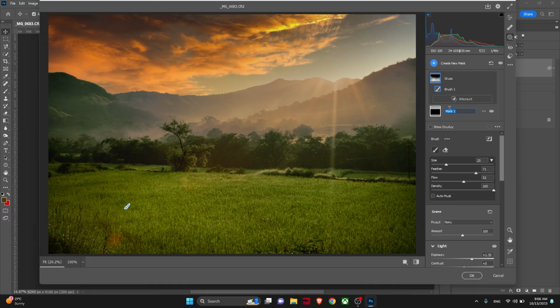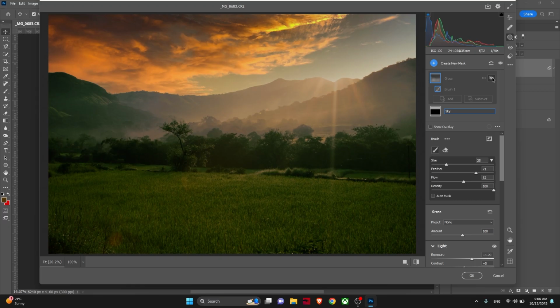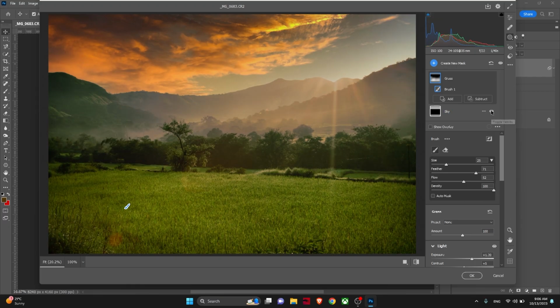First words, sky. Okay, now here's the before, here is the after. In the sky, here's the before, here's the after. All right, now I'll add one more mask